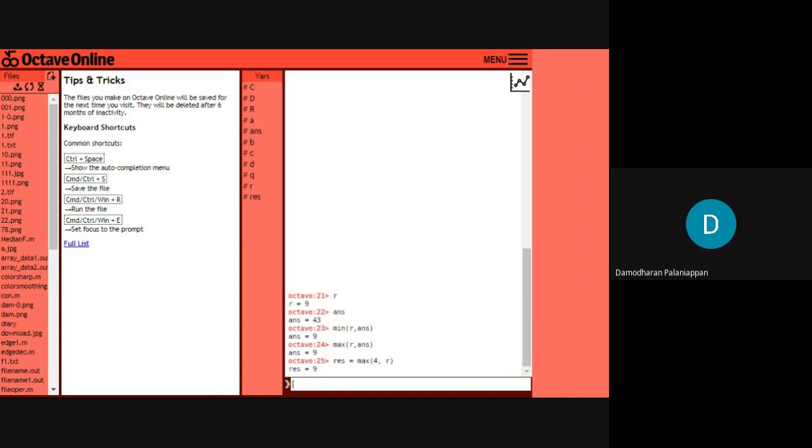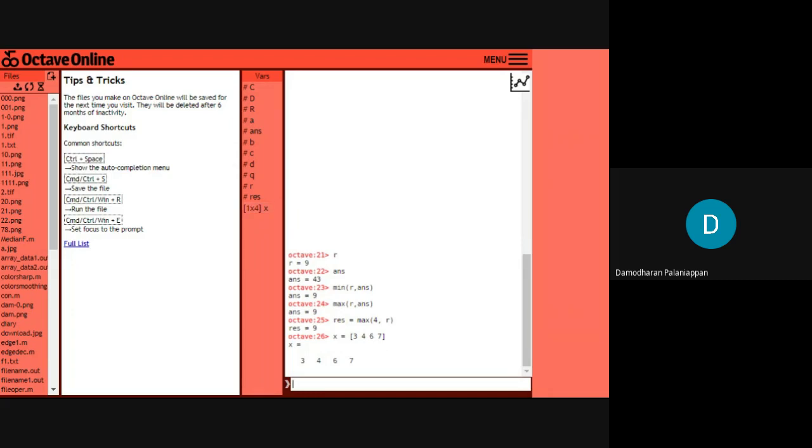So, I'm giving the values x is equal to, within square brackets, 3, 4, 6, 7. I'm not giving any commas. Enter key and created a vector.